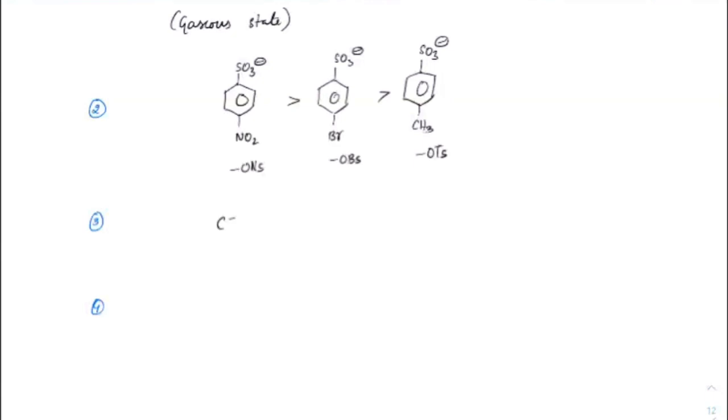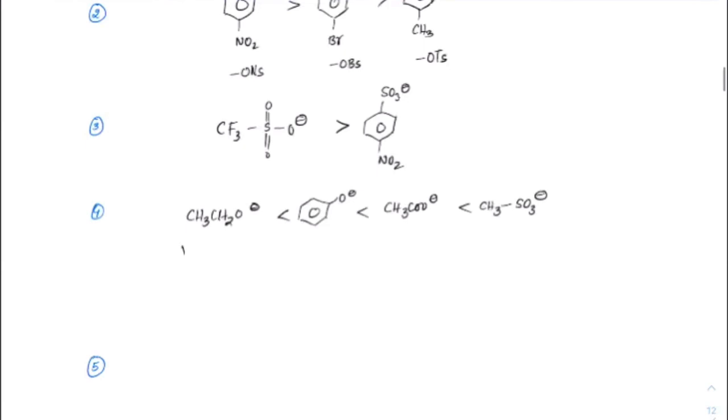Now CF3 has a very strong withdrawing nature as compared to nosylate. So if you compare, this would be the best leaving group. CF3SO3 minus is the best leaving group which you will have, and it comes from its pKa value itself. If you check out, it has a much lower pKa value compared to all these four.